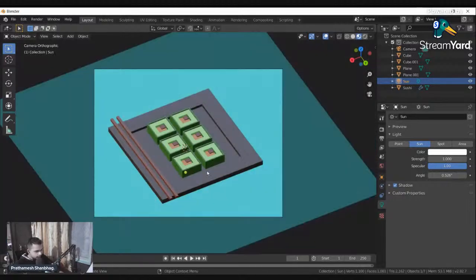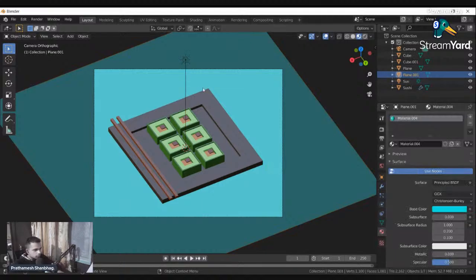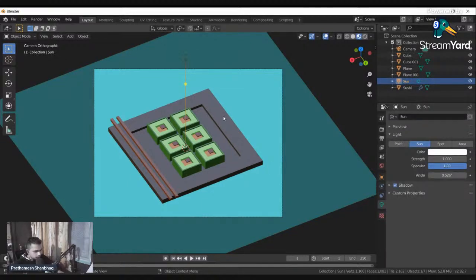Go back to the camera view, press G, press Z, and then Z, and move the camera on top, about here. Now the camera is sitting here. Just a second. All right. Now that the light is sitting here, what we are going to do is, here as you can